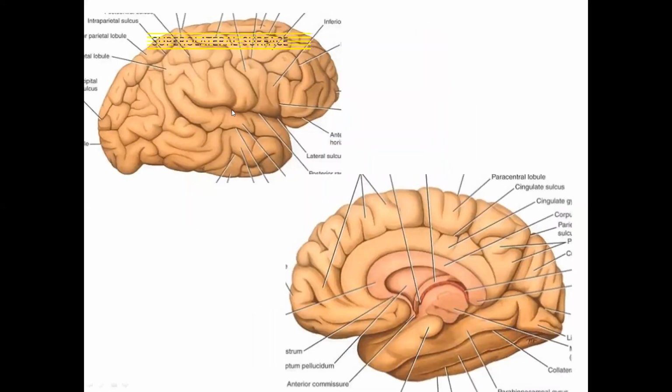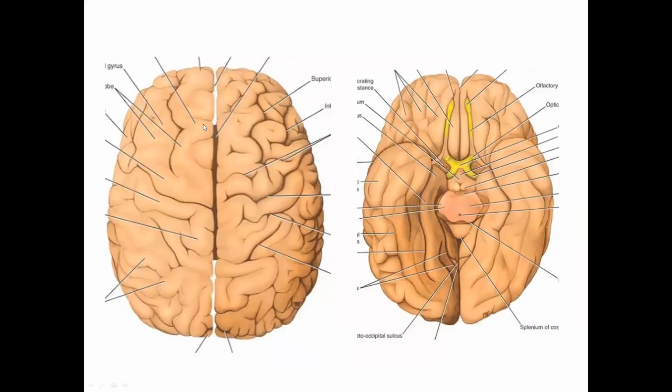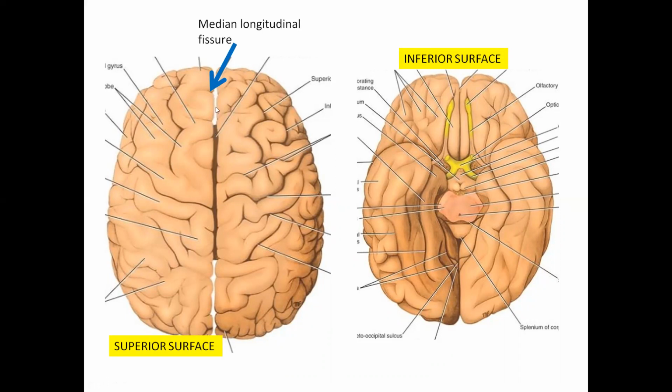So we have got to see the supralateral surface. We saw the medial surface. So now we are going to see the superior surface and inferior surface. When you hold the brain in your hand and view it from above, you see the right and the left cerebral hemispheres, and a gap separating the two. This fissure that separates the right and the left cerebral hemispheres, that's called the median longitudinal fissure. Okay. The dural fold that occupies the median longitudinal fissure is falx cerebri.